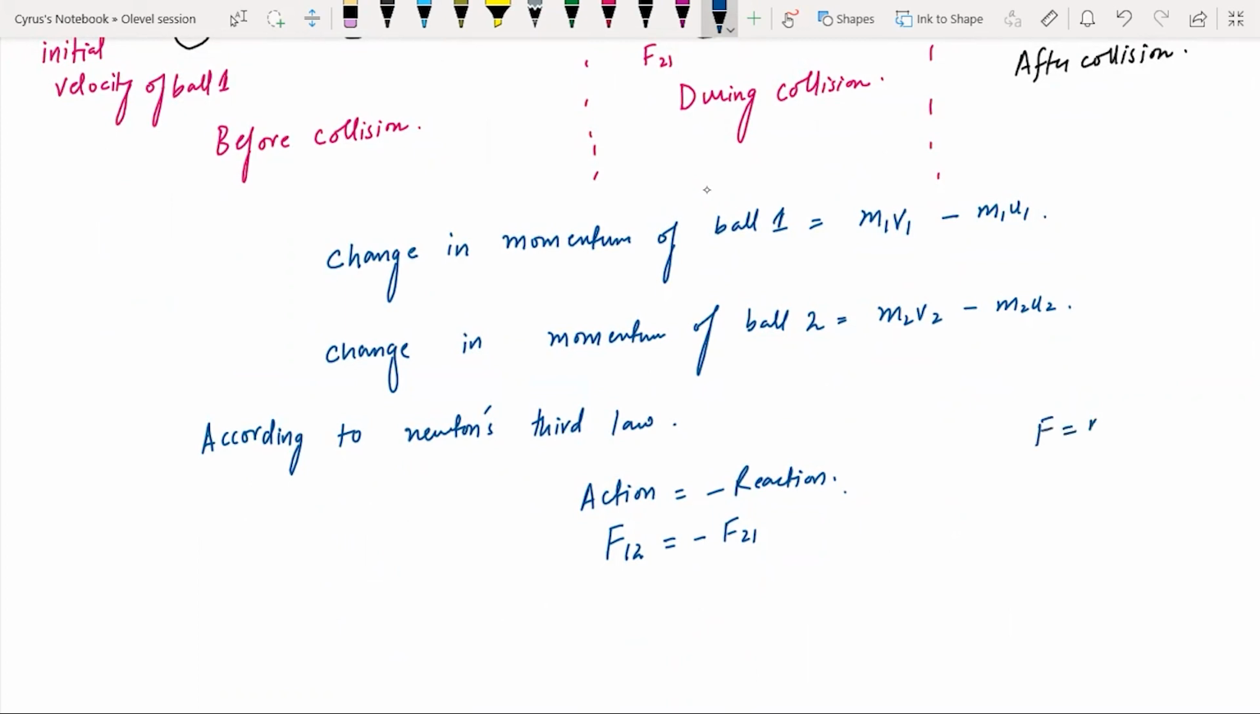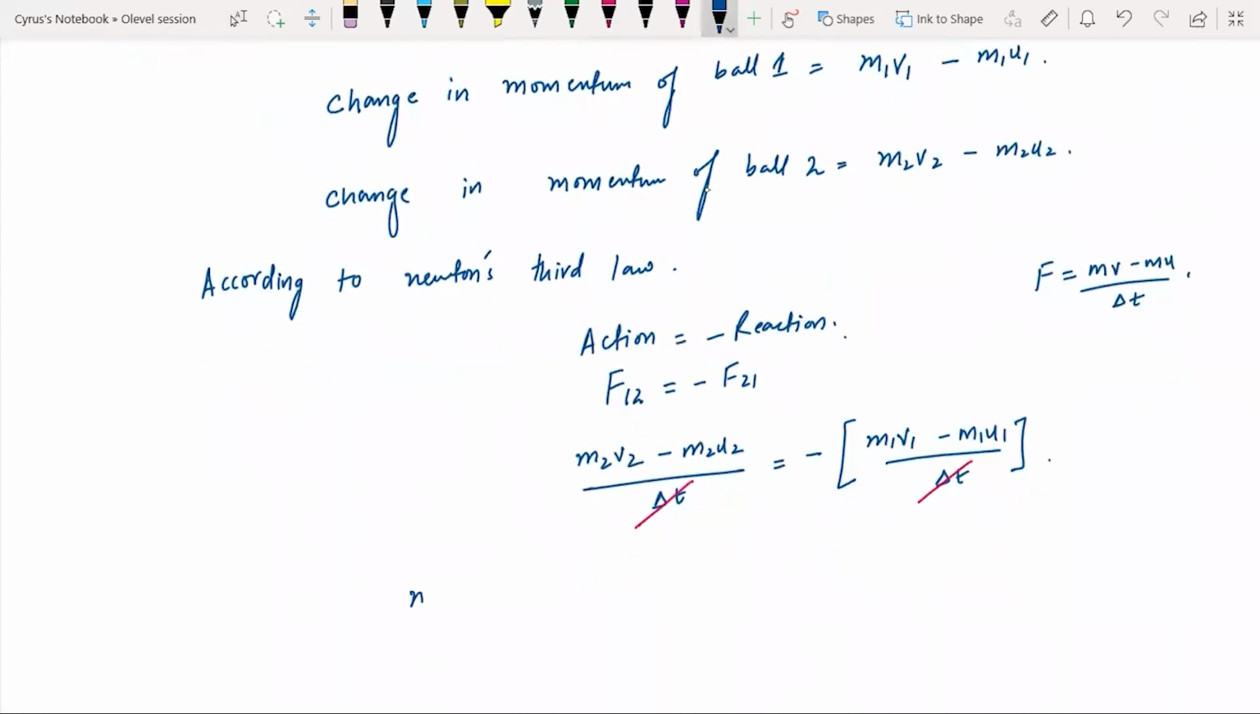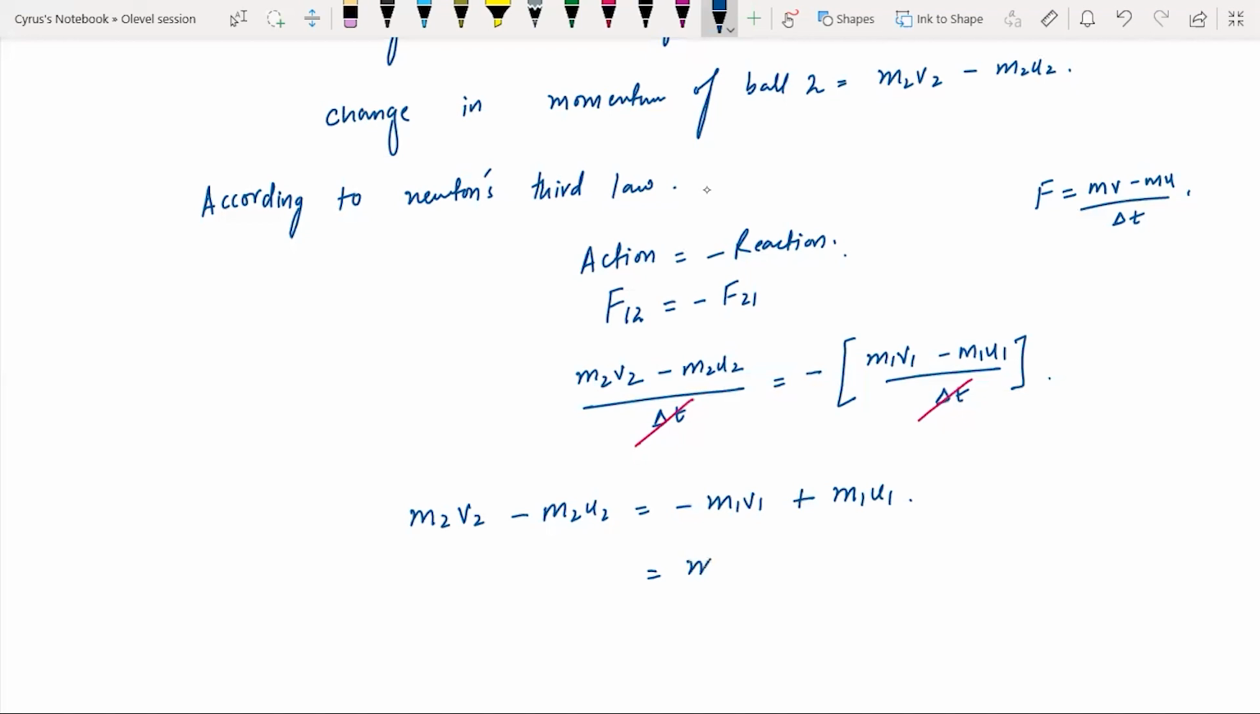Force is mv minus mu over delta t. So I can write here m2 v2 minus m2 u2 over delta t minus m1 v1 minus m1 u1 over delta t. ये delta t से कट जाएगा and we'll get m2 v2 minus m2 u2 minus m1 v1, माइनस इसके साथ मल्टीप्लाई होगा और अंदर के साथ भी हो जाएगा, and we get the equation, ये m1 u1 एक तरफ आ गया और m2 u2 एक तरफ आ गया और m1 v1 एक तरफ आ गया और m2 v2 भी एक तरफ आ गया।